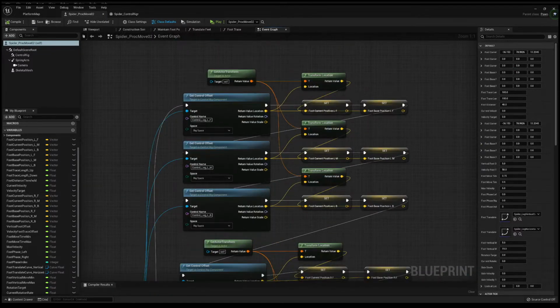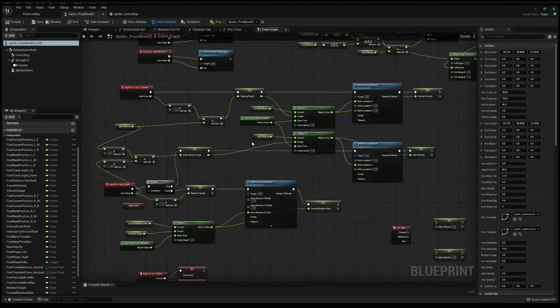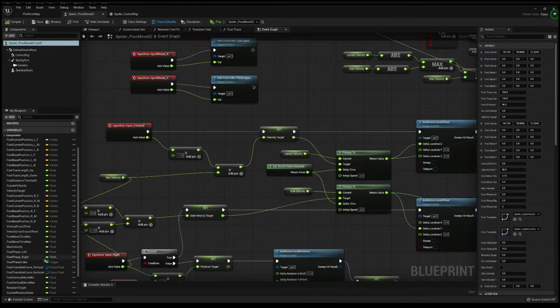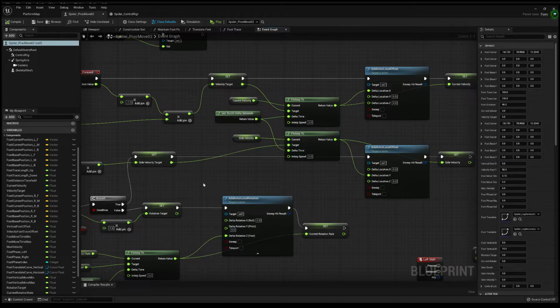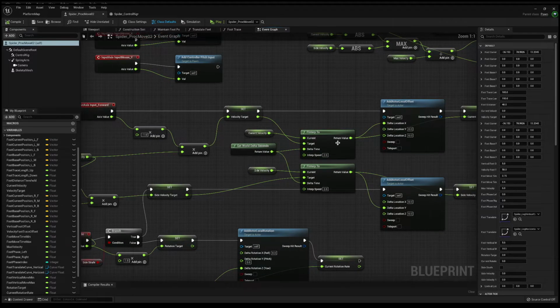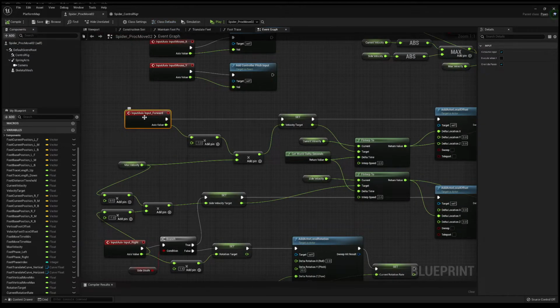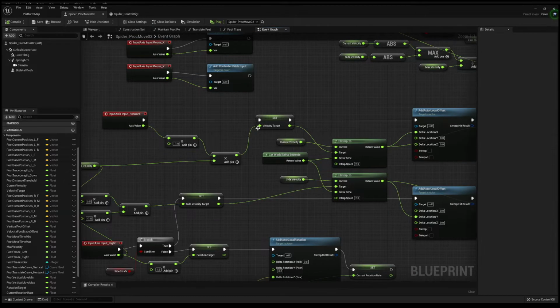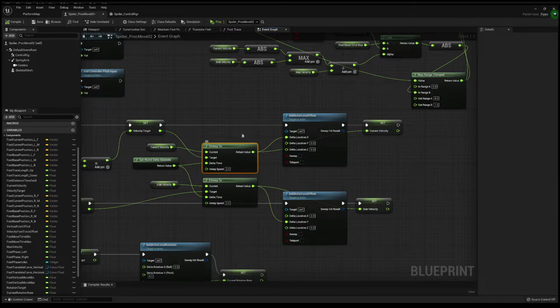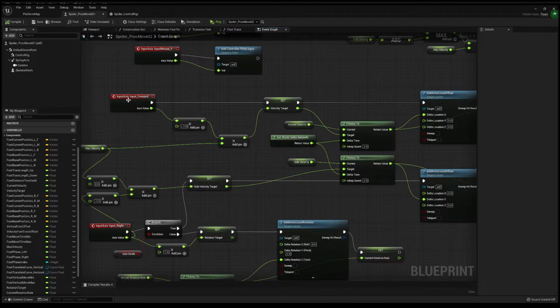So, starting with the basics, the actual actor only moves using Add Actor Local Offset, very simple stuff. It has 2 variables per locomotion direction, which is forward and sideways for this one: the current velocity and the side velocity. You can put them into one vector if you want to. I just have them split up into 2 floats. It uses an FInterp To. This is the interpolate speed. Every time the input axis is put in, it goes 1 to -1. It's multiplied by max velocity, and that becomes the actual velocity target. That updates the current velocity based on the interpolation. So that's basically its update every time this is fired.